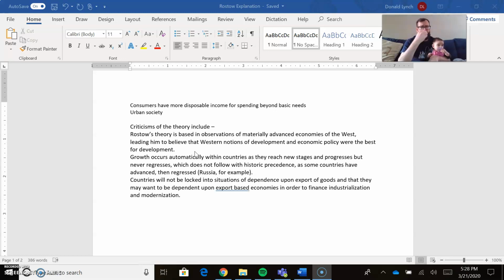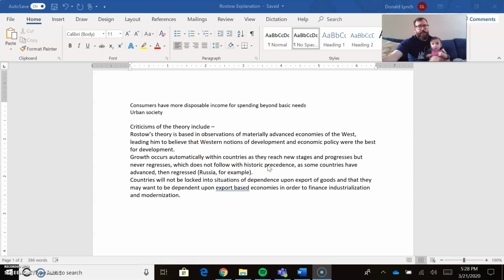The other criticism is that Rostow did believe that once you kind of move up the levels, you start to have this growth that would occur automatically within your country. But what we've seen even after decolonization is that we haven't necessarily always seen growth occur, despite the fact that some of these countries had that external power come in and have demand for raw materials. And essentially these countries should have progressed further in some regards, and some of them haven't.